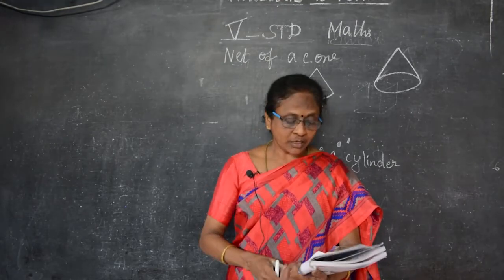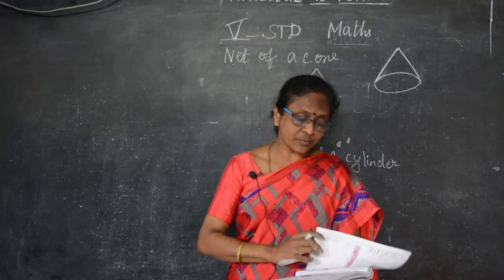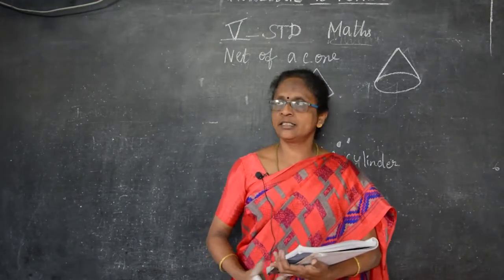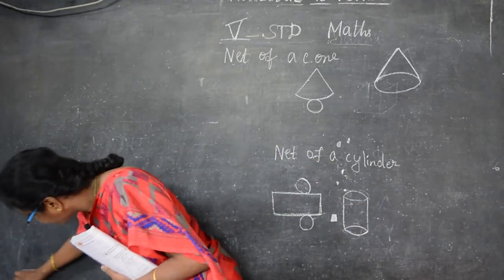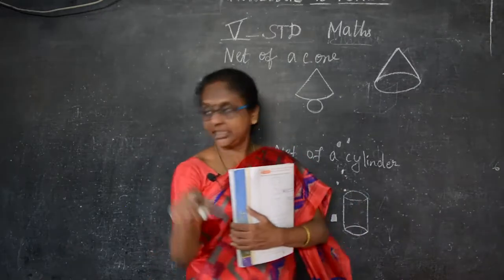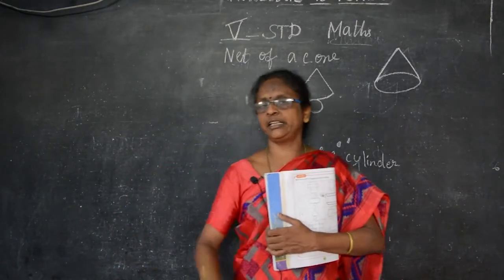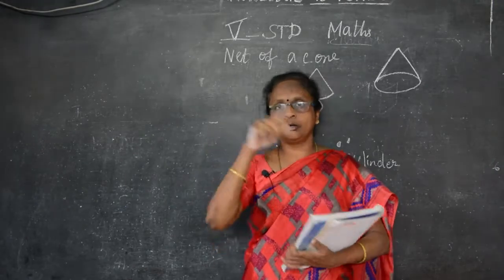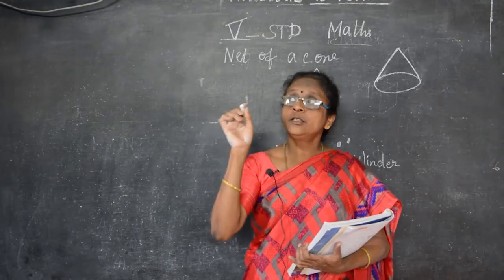Okay. Now the next one is angles. You know the angles. We can see the angles even on the board. See this corner. This is an angle. We can see the corner angles. And then the table, the edge of the table, the corner edge of your table. And then the clock. When you look at the clock, sometimes when it is 3 o'clock, that will be a right angle.